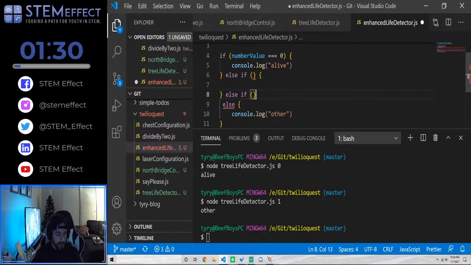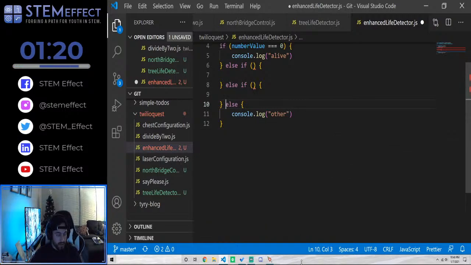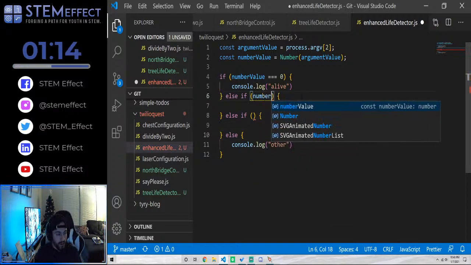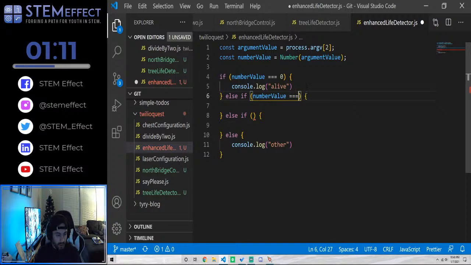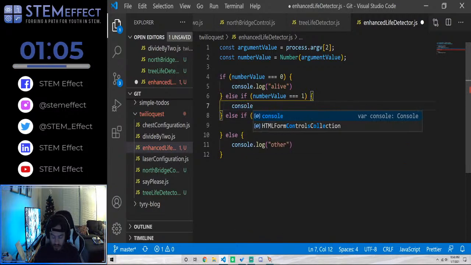So 0, 1, 2. So we'll just have these. So if the number value is equal to 1, we're going to console